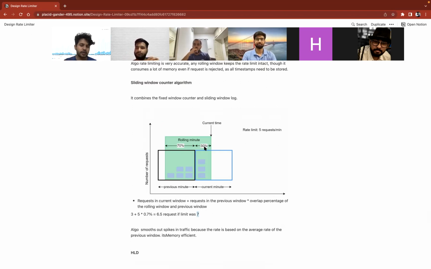अब अगर किसी ने बर्स्ट कर दिया लास्ट एट द एंड ऑफ द विंडो पे, इमेजिन करो 70% बचा हुआ था, लेकिन किसी ने बर्स्ट कर रखा था, 8 रिक्वेस्ट अलाउ, 7 रिक्वेस्ट अलाउ कर रखी थी, तो 4.9 आ जाएगा यहाँ पर, करेक्ट, 4.9 आ जाएगा। ओनली 2 रिक्वेस्ट अलाउ करेगा उस केस में, और तीसरे बार मना कर देगा कि नहीं भैया आप तो 7 क्रॉस कर दोगे जो कि हमारी लिमिट है।